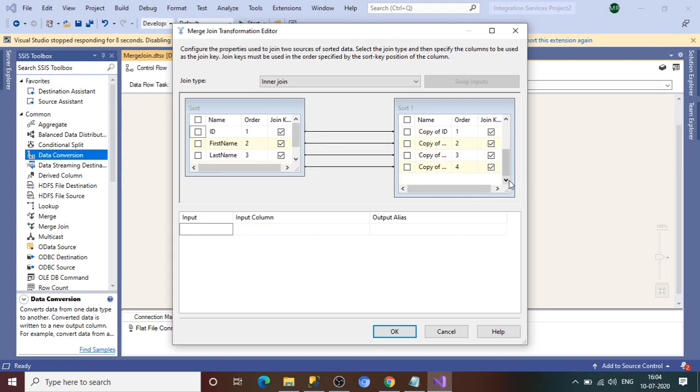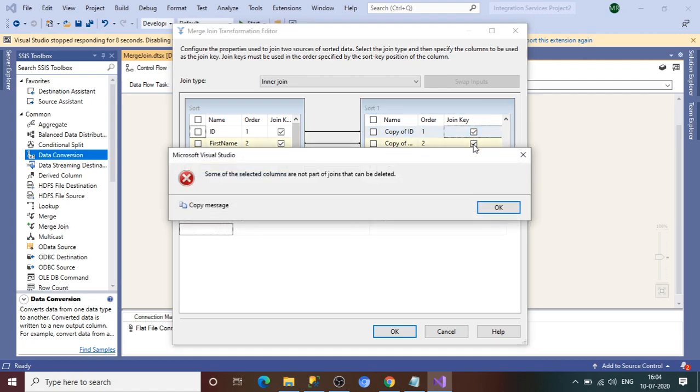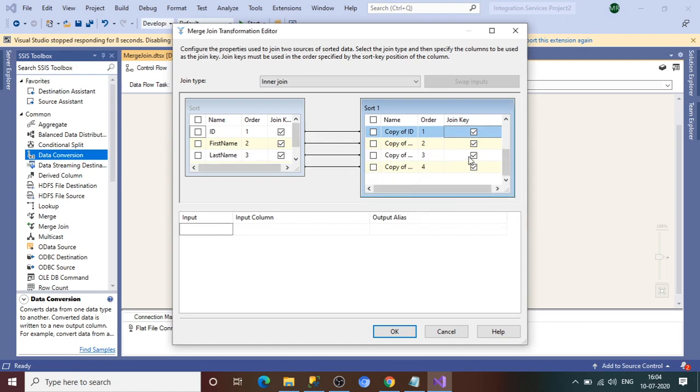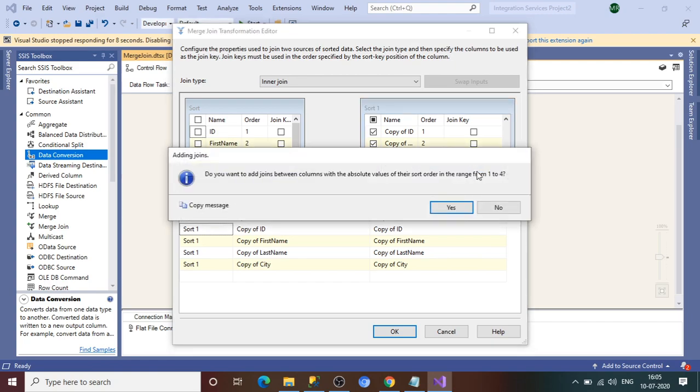So if you see here, everything is join. Let me expand it a little bit. Let me expand this column. So this column is a joining key. So on which column you wanted to join? So let me select this column. One second. So these are the joining keys. Okay, so let me select, like I wanted to have, one second. These are the columns which I wanted to show in my files. Okay, and this is the matching key. One second, what is the copy of id? Sorry, this.